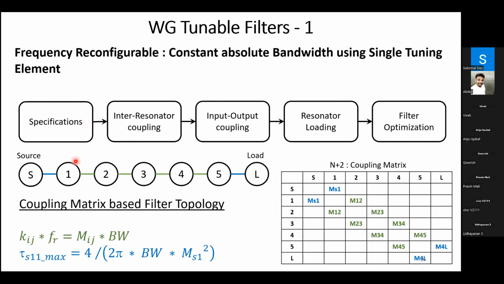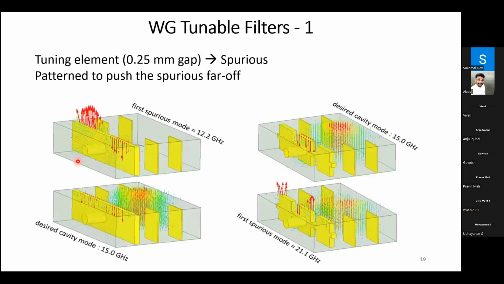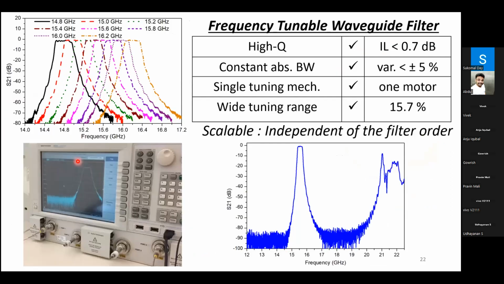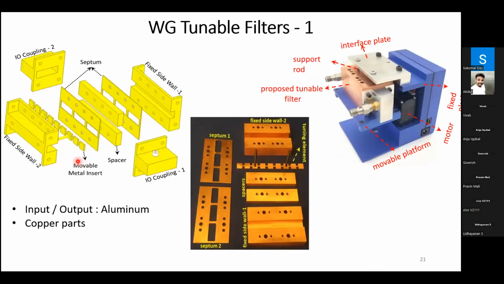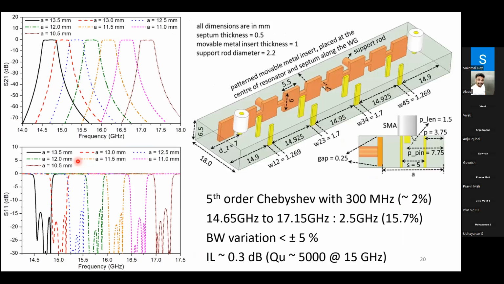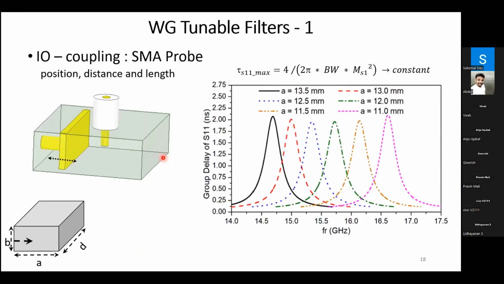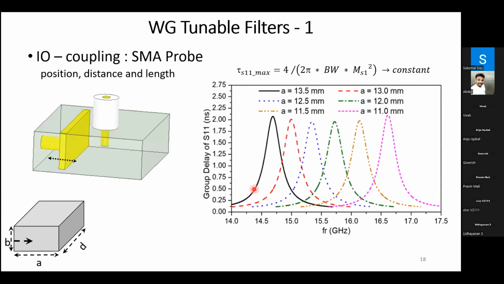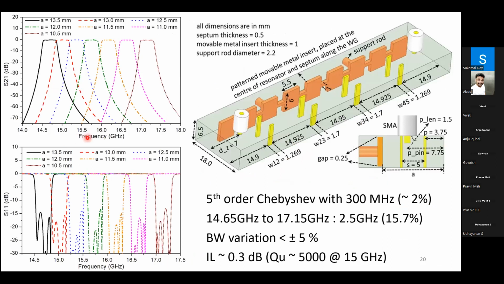Okay. Sir, next, it's a topology source to load. We have 5 resonators. In some topology, first and fourth resonator will be connected. How you can say it should be connected? Yes. So this topology is inline. It is all pole filter. There is no cross coupling in this topology. It is an inline coupling, right? Yes. So there are no transmission zeros. If you observe the response of this filter, there are no transmission zeros in this filter. This is an all pole filter.